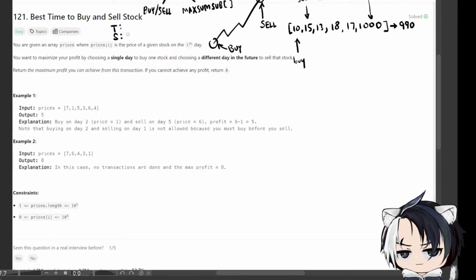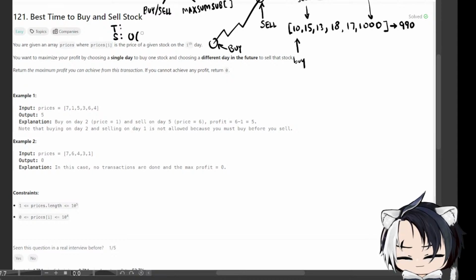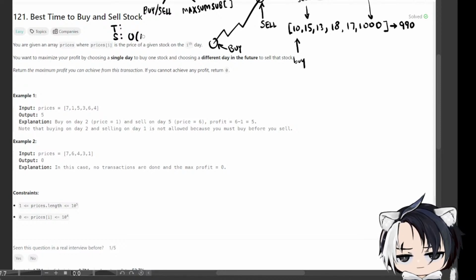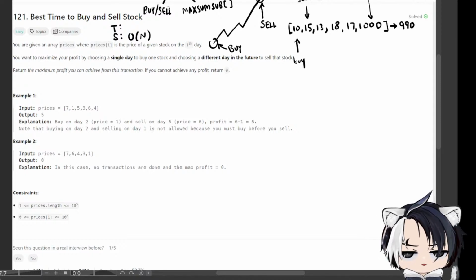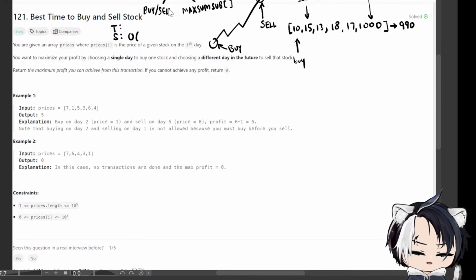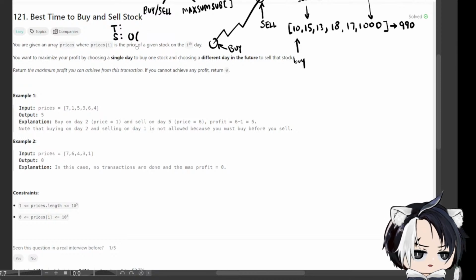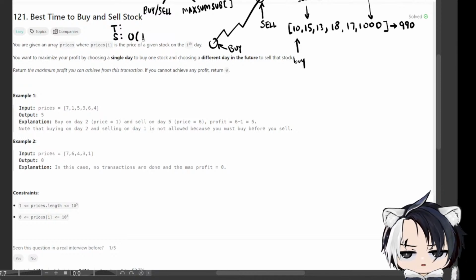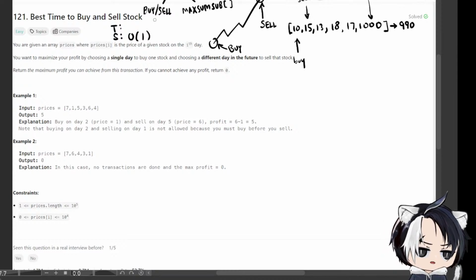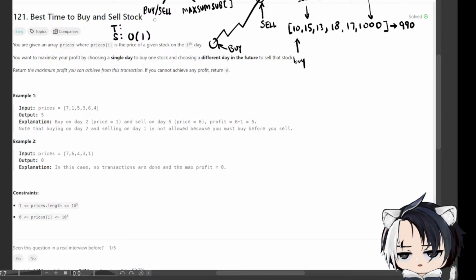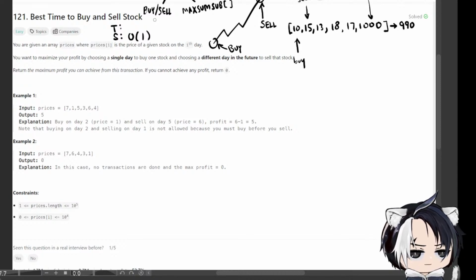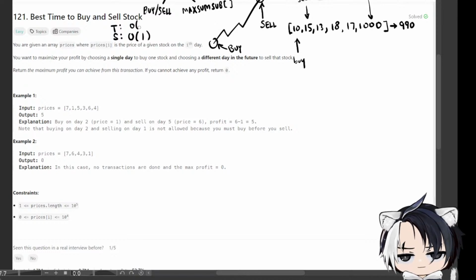Generally pointers are O(1), but if you have a return array, it could be O(n) for the return array. But you're not returning any array, you're just returning the profit. So it's O(1). There you go. And then for time complexity, it would be O of